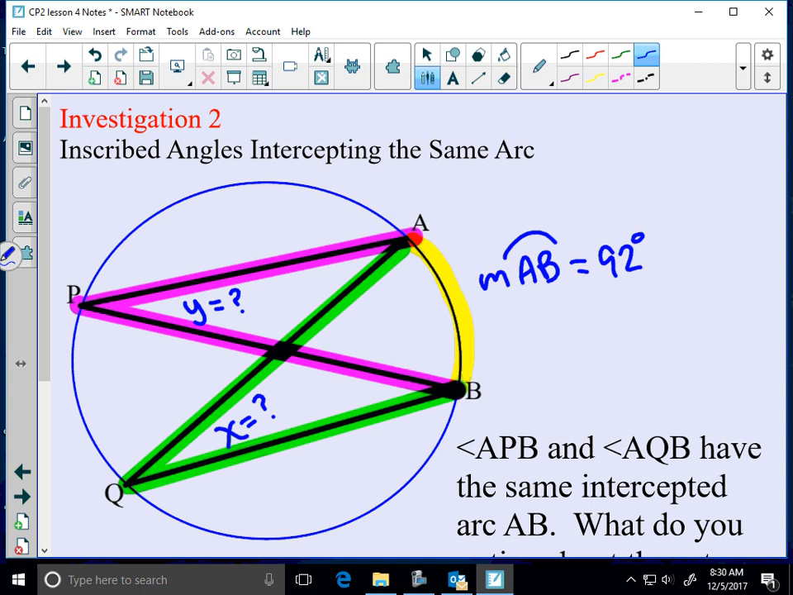Okay, so I do have to have more information to find the actual value. So this would be 46 degrees, and this would be 46 degrees. But the main concept I'm trying to get across to you is that if those two angles, inscribed angles, intercept the same arc, they'll have the same measure. Okay, cool. So let's move on to